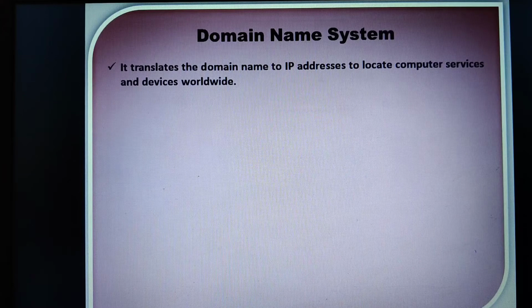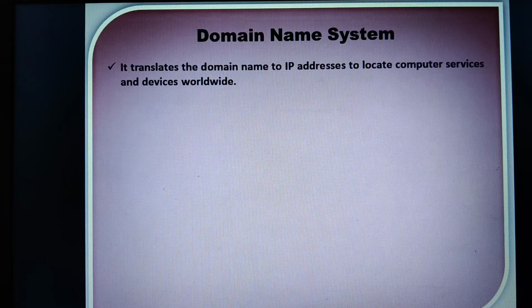So this will help you to translate domain names to numerical IP addresses. Now what is a numerical IP address? It is the IP address in the form of numbers.